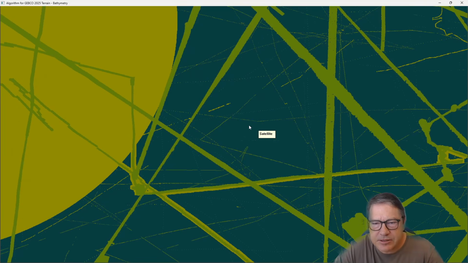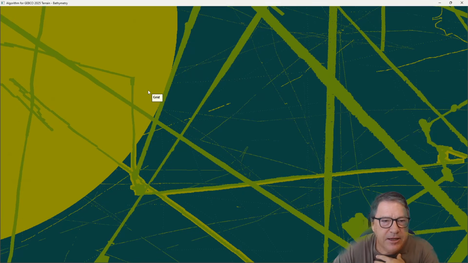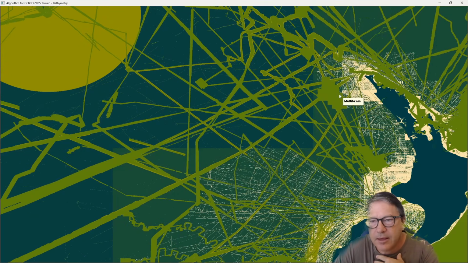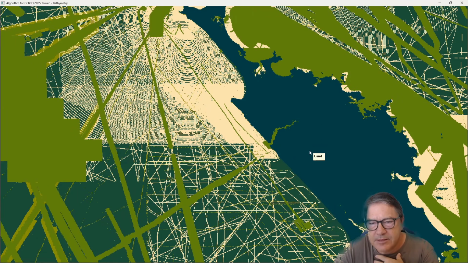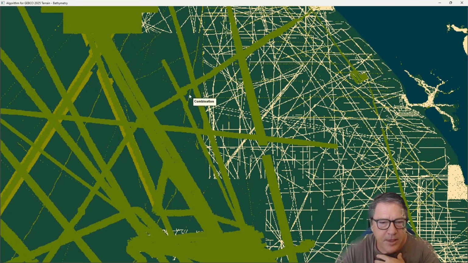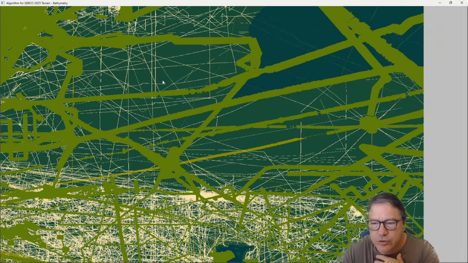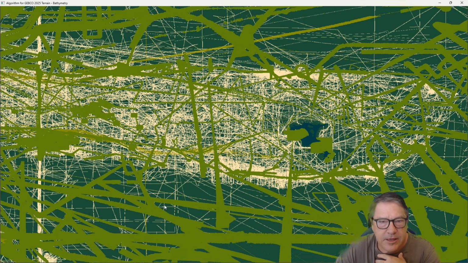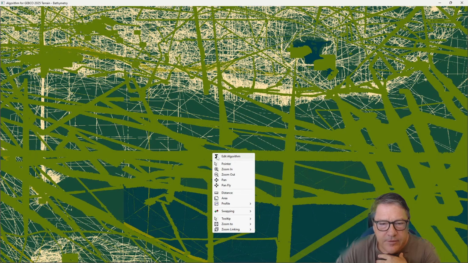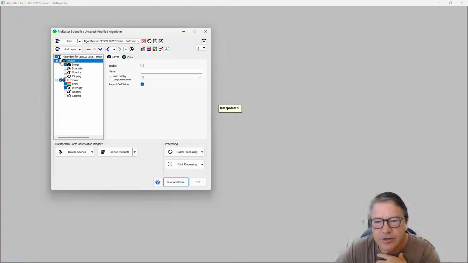So now you can see as I move around, it might be a bit hard to see, but this one says satellite, this one is grid, this is multi-beam. Coming over here, this color is single beam data, this is land. You'll find areas where it's been interpolated from contouring, all sorts of different things. And so if I now just come back to my algorithm, turn that image off,